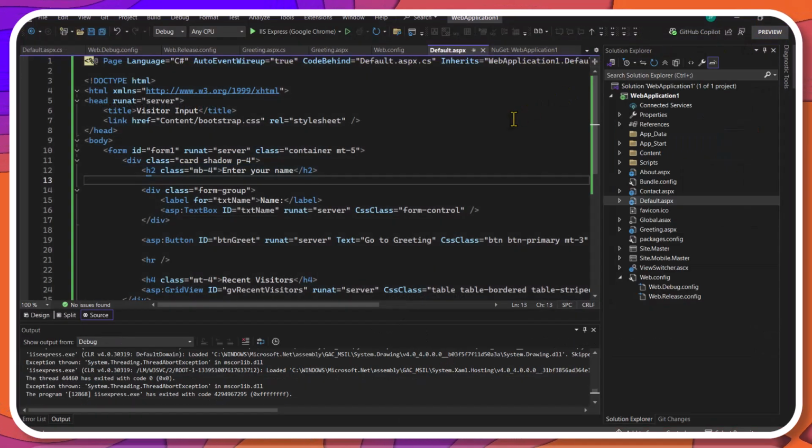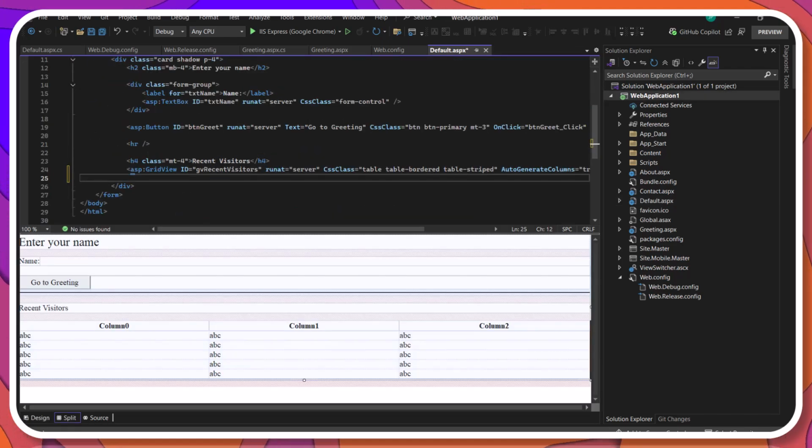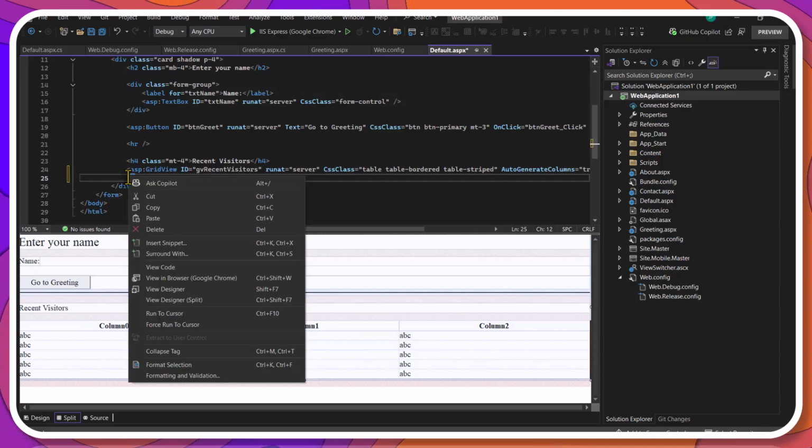There is one more change to the home page. It is the inclusion of two buttons below the grid view. One to delete the last visitor, and another to delete all visitors.